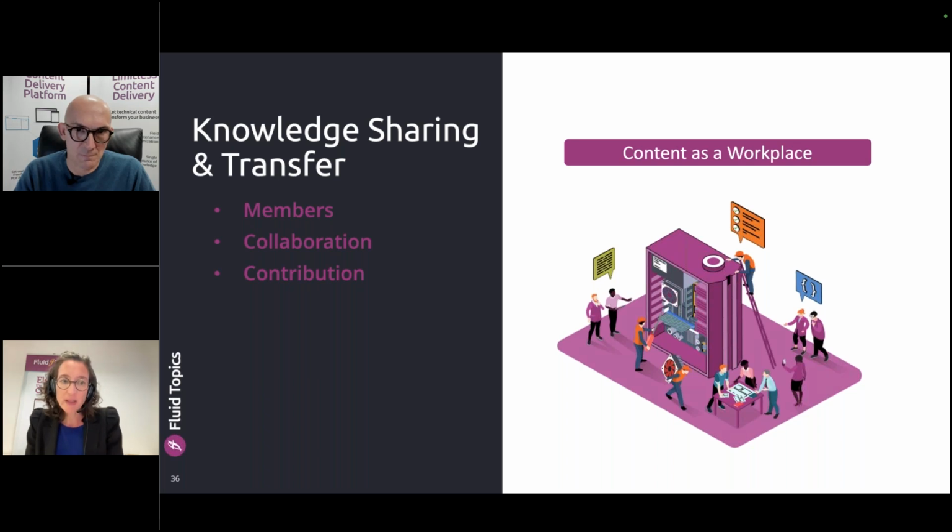The second pillar is enabling collaboration. These communities, these workplaces, are not just libraries of content. Of course, your content must be part of these workplaces. You must have your data sheets available, the instructions, the manuals, even the price list, according to what you want to do within these workplaces. But that's not enough. If you really want to make it a workplace and not just a library or a database, you have to give some collaborative capabilities to these workplaces.